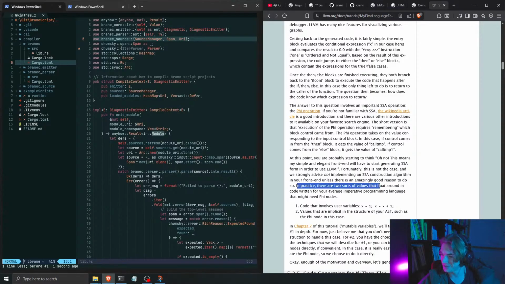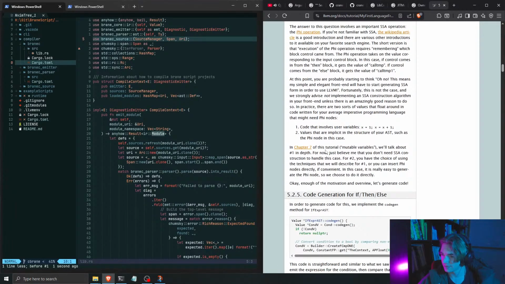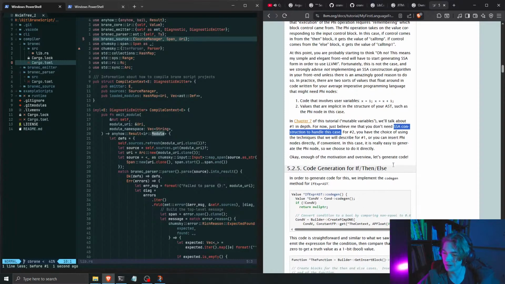In practice, there are two sorts of values that flow around in code written for your average imperative programming language that might need phi nodes. That involves variables, values. Talk about that in depth. You don't need SSA construction to handle this case. If you're using optimization passes, which I am not,